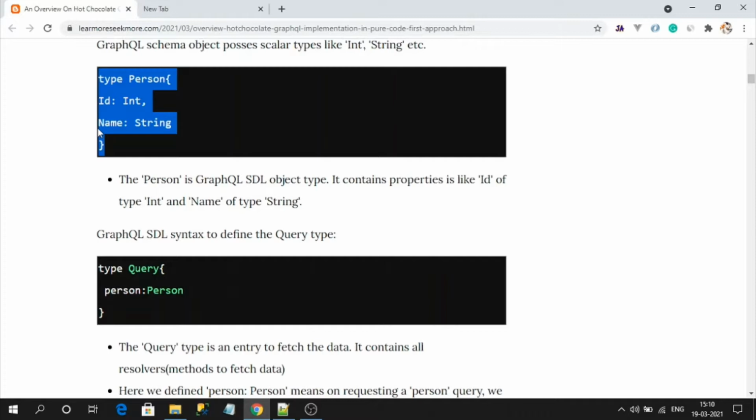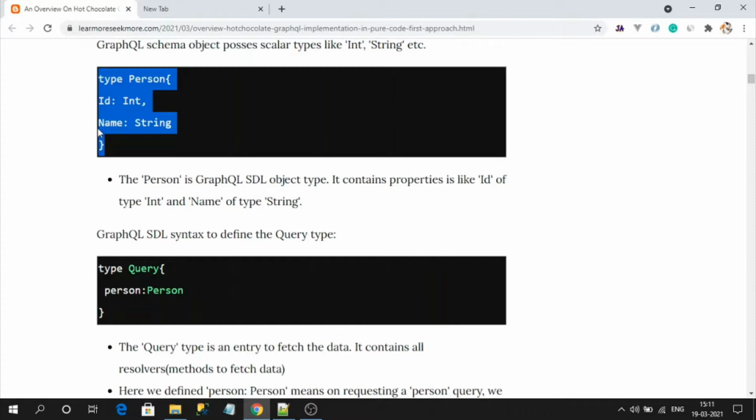In this approach, we need to learn some terminology about the GraphQL types that are built in C# by the Hot Chocolate library. It is a little bit hard to start, but once you understand, it is very easy. Regarding the code first approach, I have already created videos on it, like an overview video on the code first approach in GraphQL. You can check my playlist. In the code first approach, I have also explained authorization and JWT tokens as well. If you want, check them in my YouTube playlist, or in my blog as well.